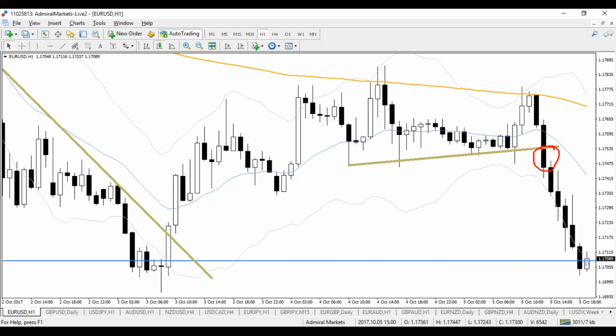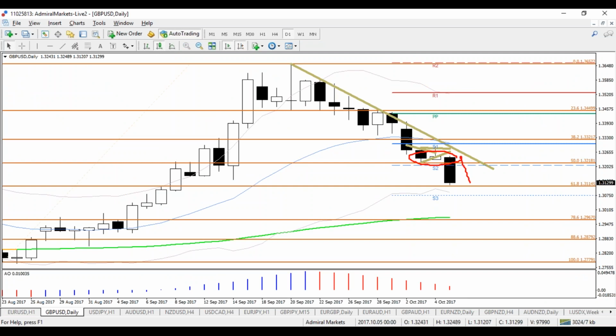I mean, pound dollar had a great breakout to the downside, and we talked about the fact that if it breaks the 50 fib, there's space to the 61.8, and that's what happened today. One straight fall down to the 61.8 fib. What was the trigger? Well, in my view, if you look at my wave analysis,